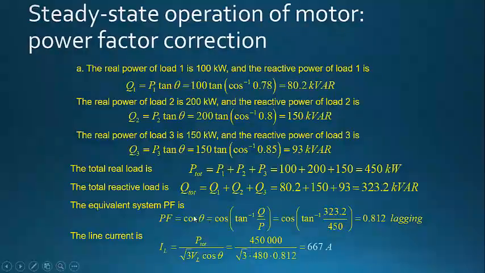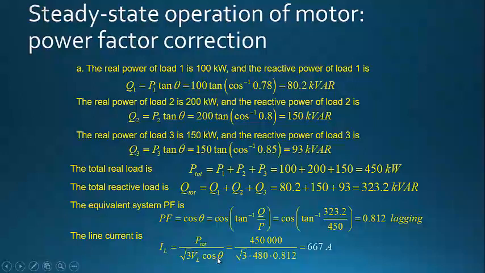So now we know the total P, we know the total Q. We know that the tan inverse of Q over P will give us theta. Okay, so this particular value will give us theta, and we know that the power factor is what? Cos theta. So we can put theta here and calculate for the cos theta alone, this particular cos theta,